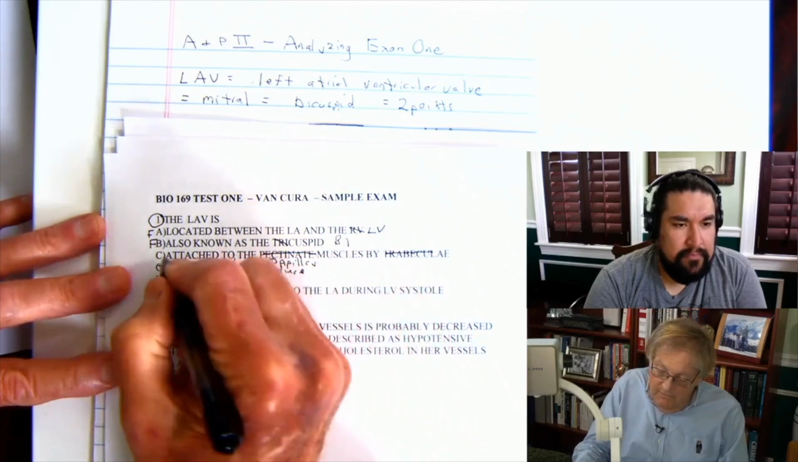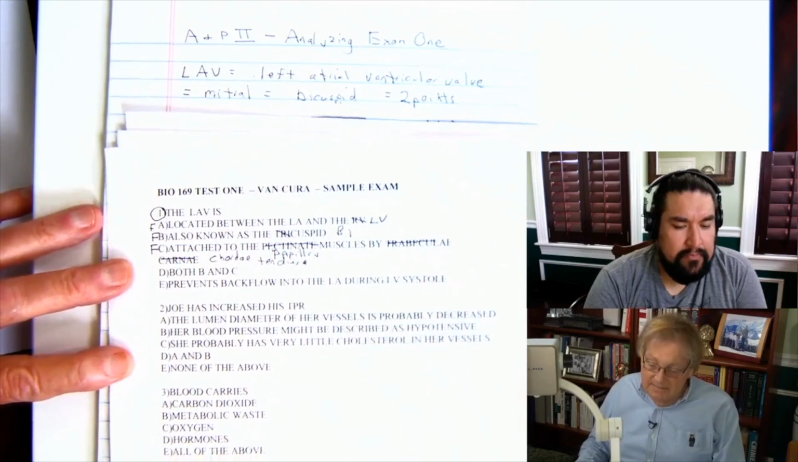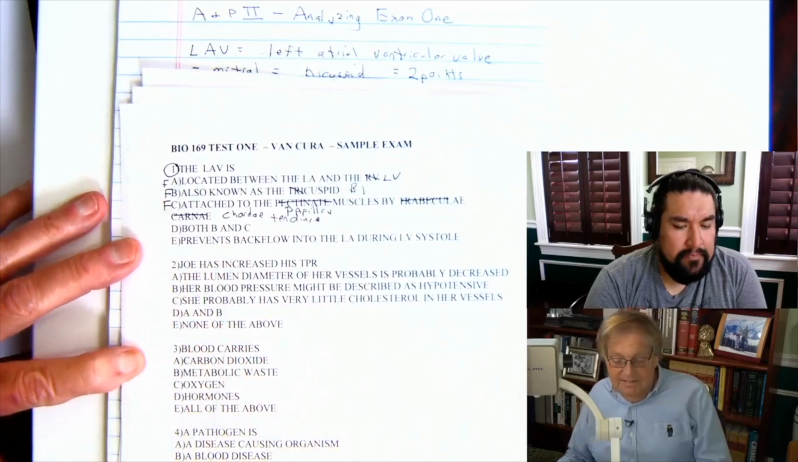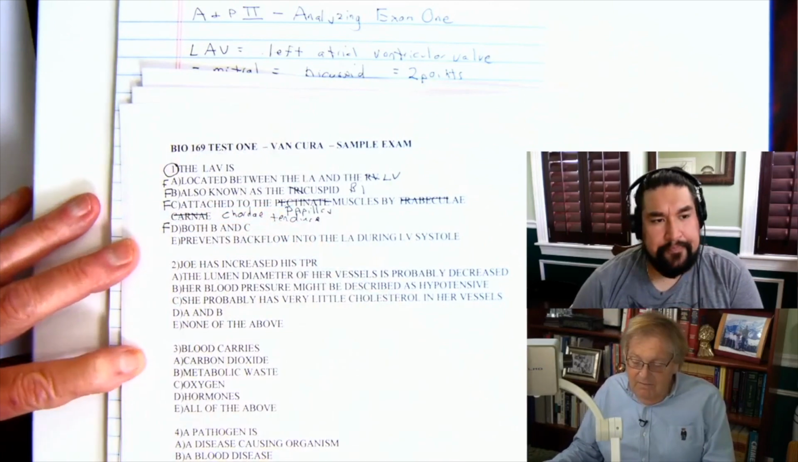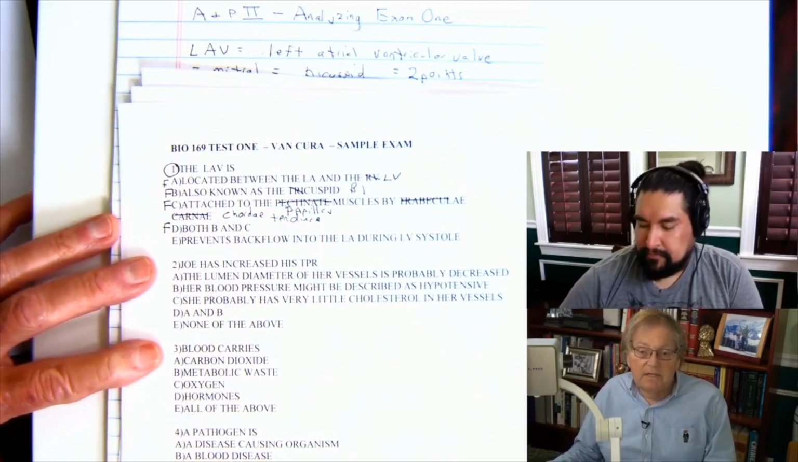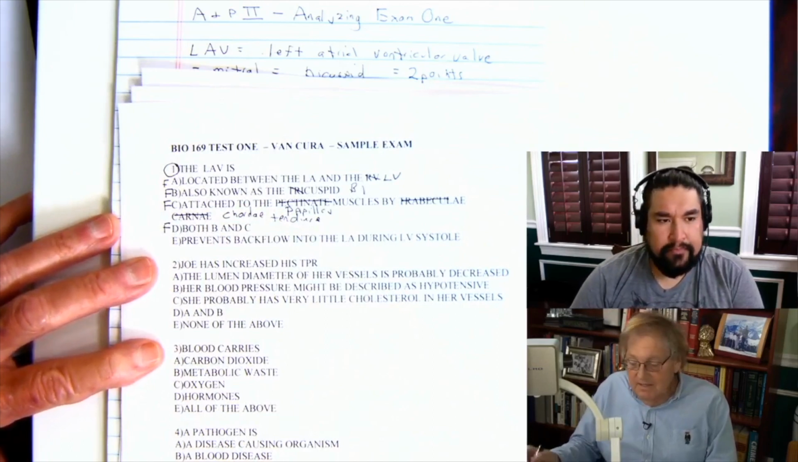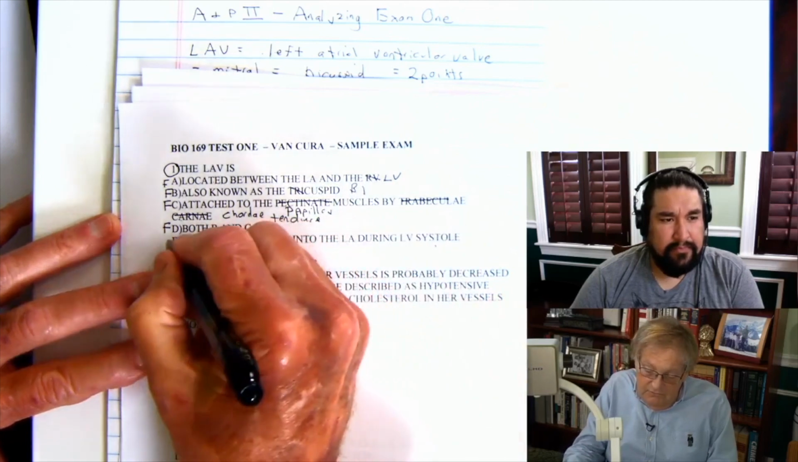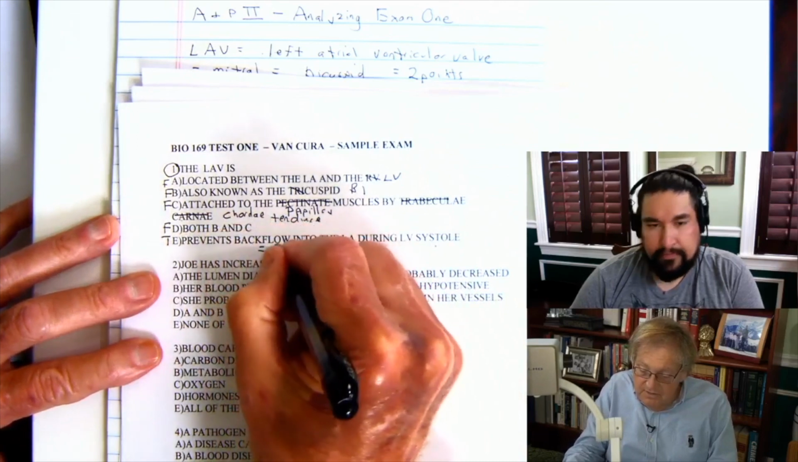So therefore that's false. Now we know that the next answer says both B and C. Well, we've just said B and C are false, so that's false. And now the last one left says it prevents backflow into the left atrium during left ventricular systole. Remember, systole is pumping, and therefore that's going to be a true statement, because that actually tells you the function